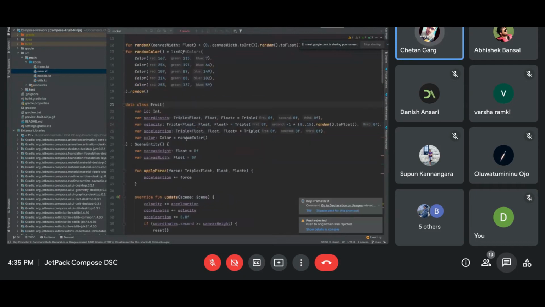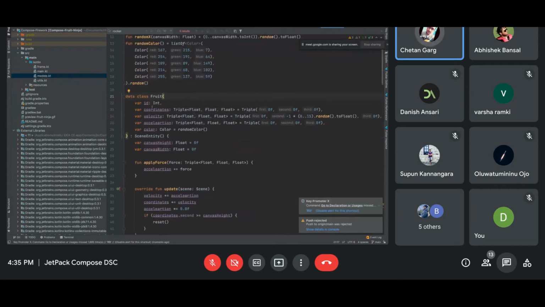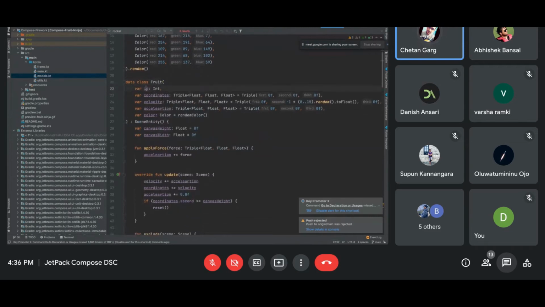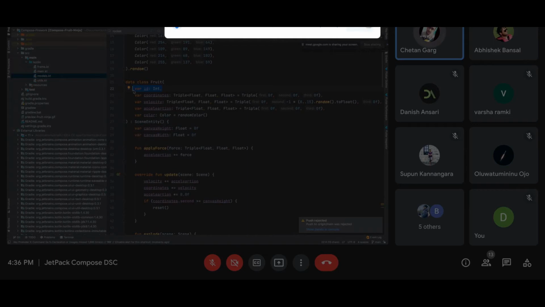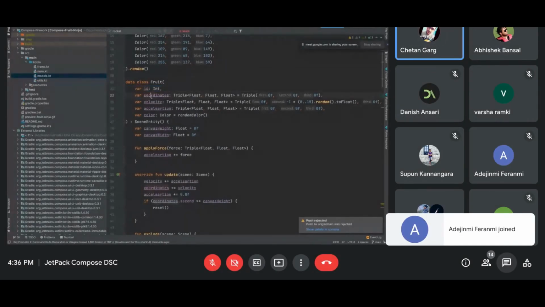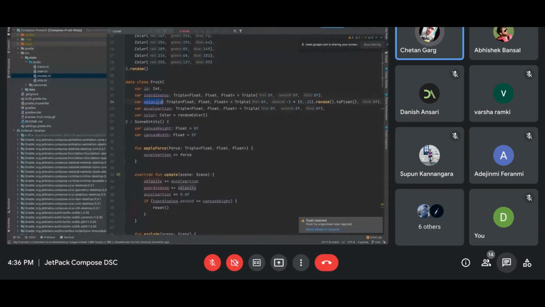First, I think it will be better for this example if I explain the domain, how I've created this fruit item. This fruit item has an ID, which I use to specifically figure out which item has exploded. And this is the coordinate system, for the XYZ axes. This is the velocity, which is also a vector. Whenever I write a triple, it's a vector. Instead of giving a speed in x and y, I'm just giving a y velocity at random.